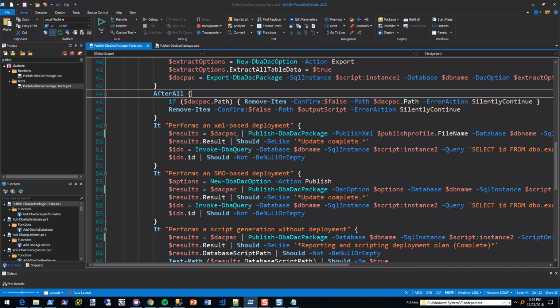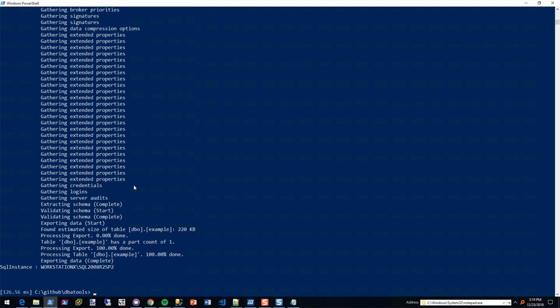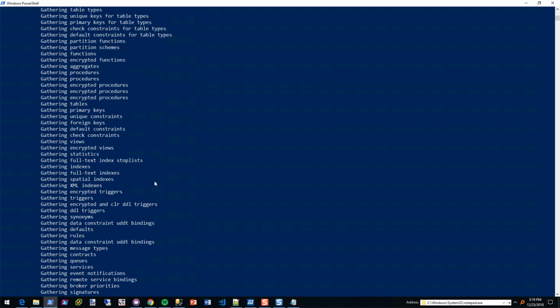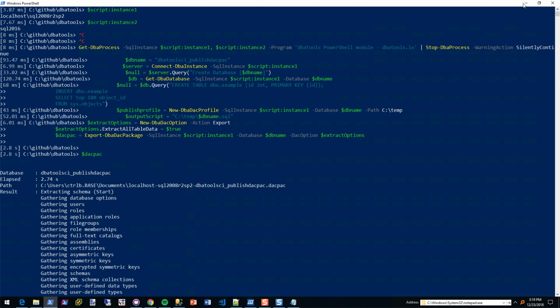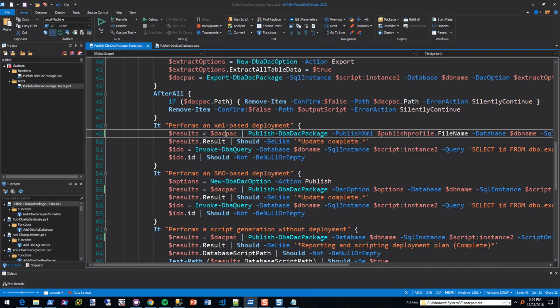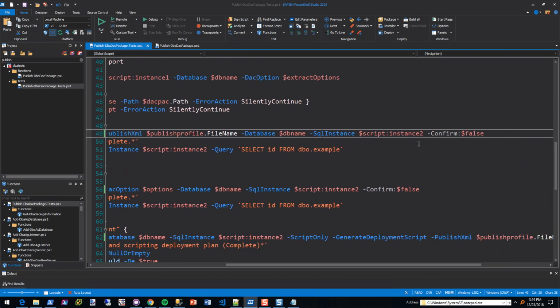Now, this shows this DAC pack. I'm going to check to see. Cool. Alrighty. So this is pipeable. And I'm assuming that if you pipe it, it'll actually just take that path. So we're going to take this DAC pack and we're going to publish it with,